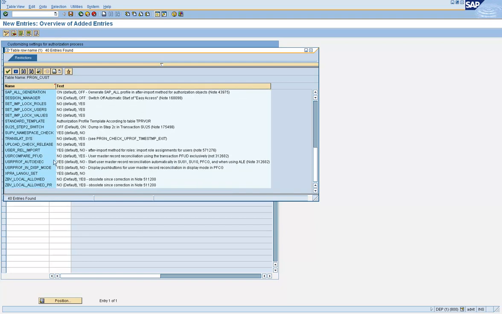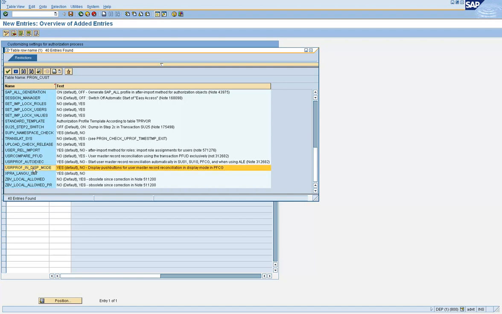So, for example, this parameter controls PFED, how the transaction PFED can be used. Now, when you go to PFCG, in the user tab you have the user comparison button where you do the user comparison.